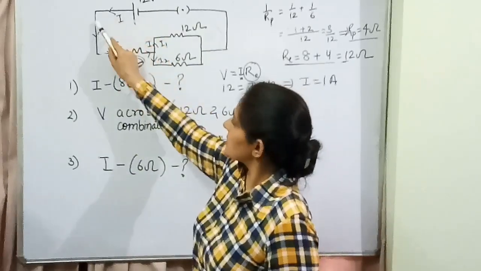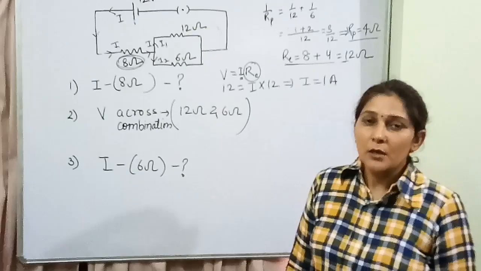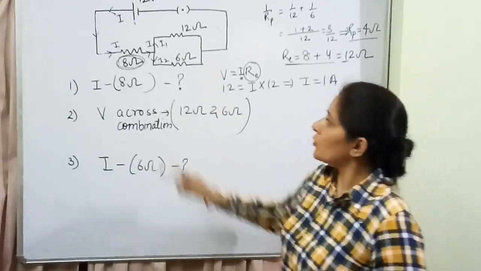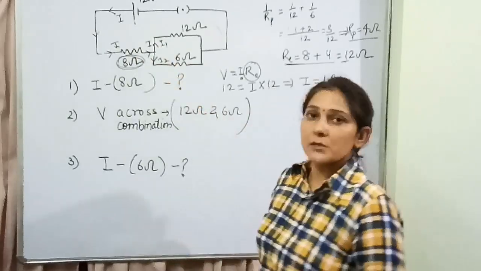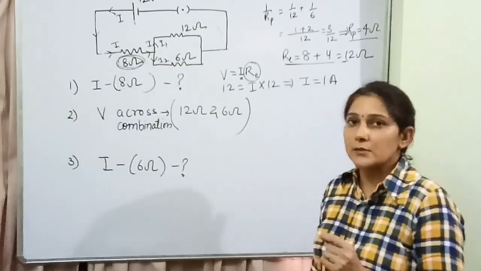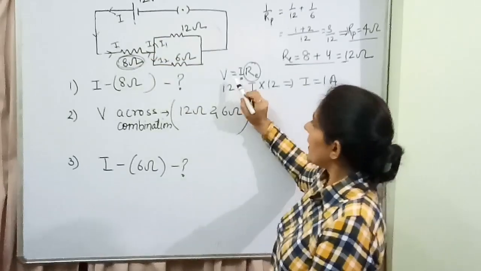मींस जितना करंट बैटरी से स्टार्ट हुआ वो सेम करंट इस 8 ओम के रेजिस्टेंस तक पहुंच गया. मींस इफ यू आर एबल टू फाइंड आउट टोटल करंट I इन द सर्किट, तो वही वैल्यू आपके 8 ओम के रेजिस्टर में होगा, तो सेम वैल्यू से आपका आंसर आ जाएगा. सो आपको टोटल करंट I फाइंड आउट करने के लिए ओम्स लॉ अप्लाई किया आपने.